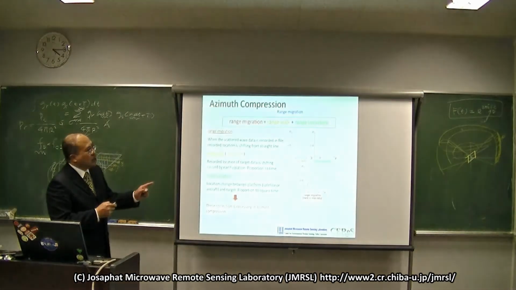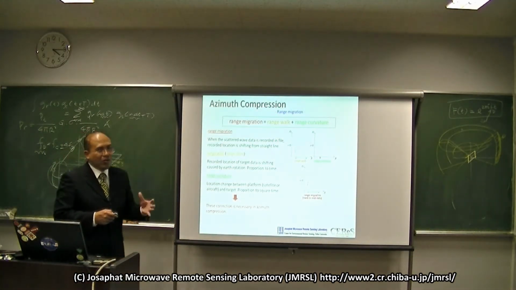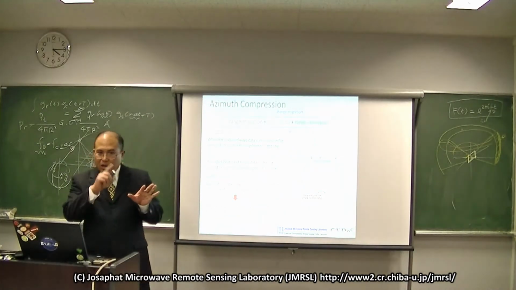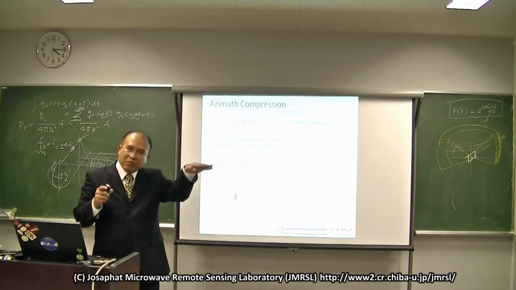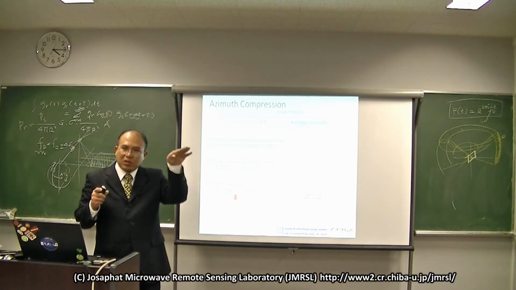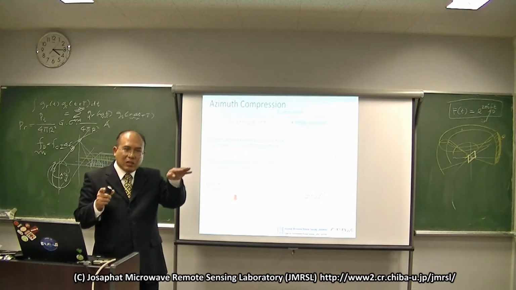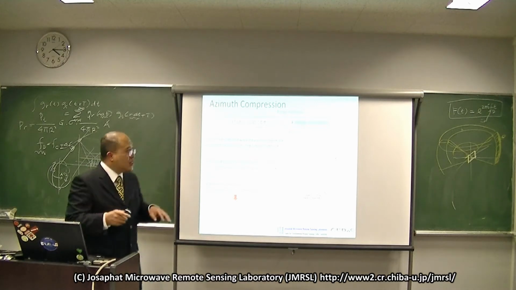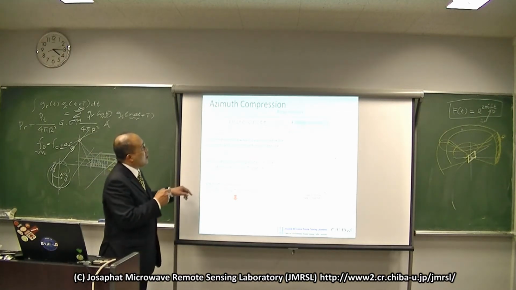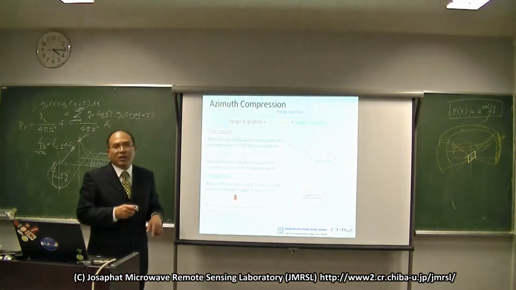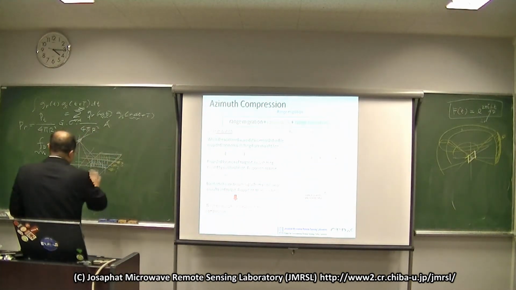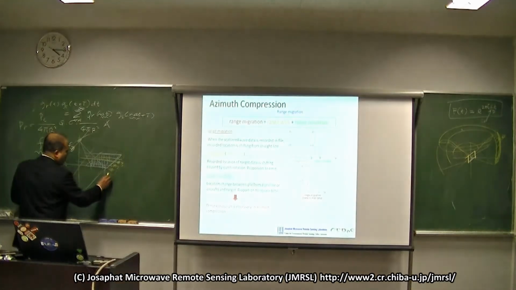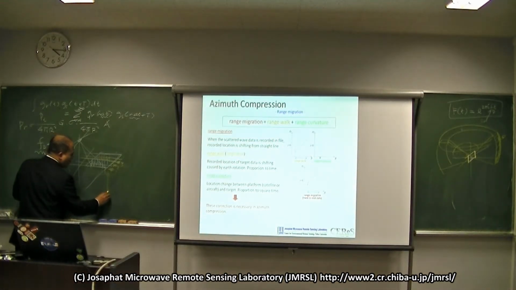And then azimuth compression. Azimuth compression is needed because of the effect of the Earth rotation and the effect of the moving of your spaceborne platform or aircraft. So you will find some effect we call the range migration. And the range migration is why, as I explained to you, the response from the peak, from our